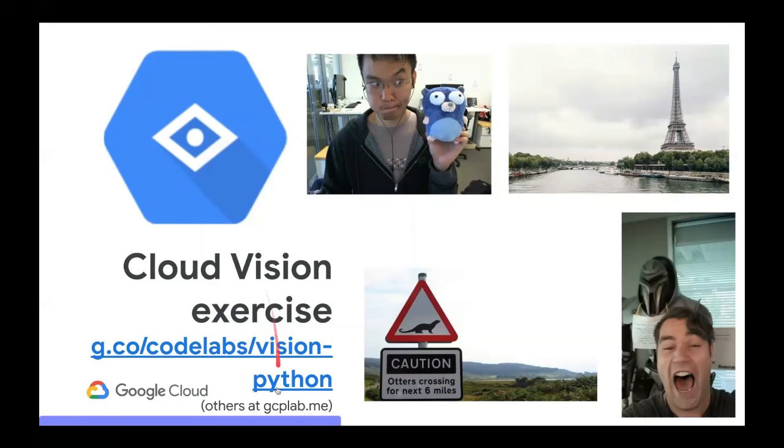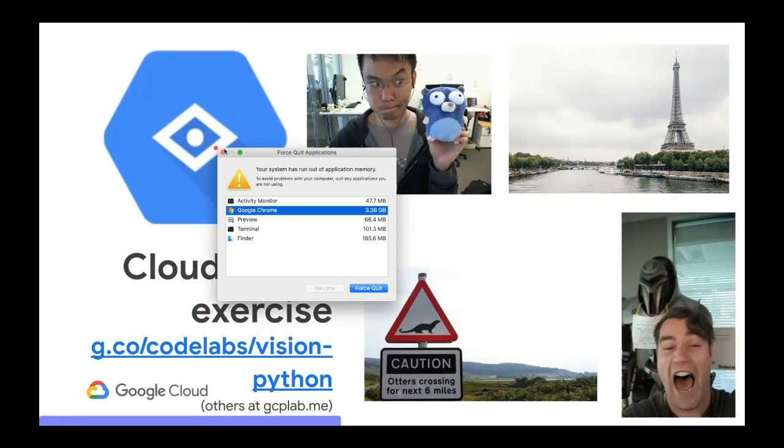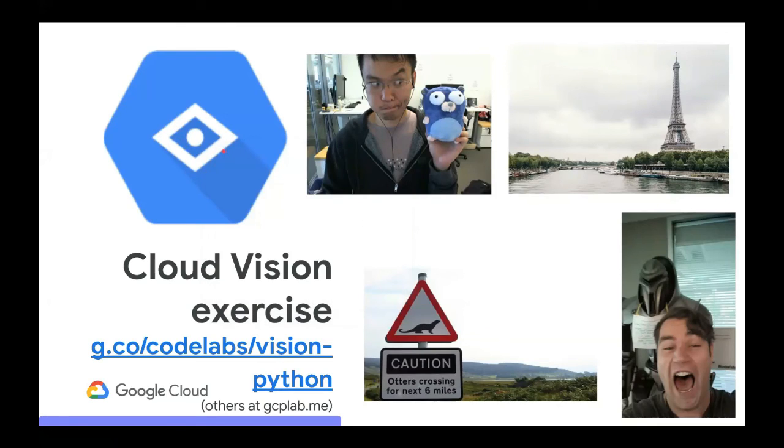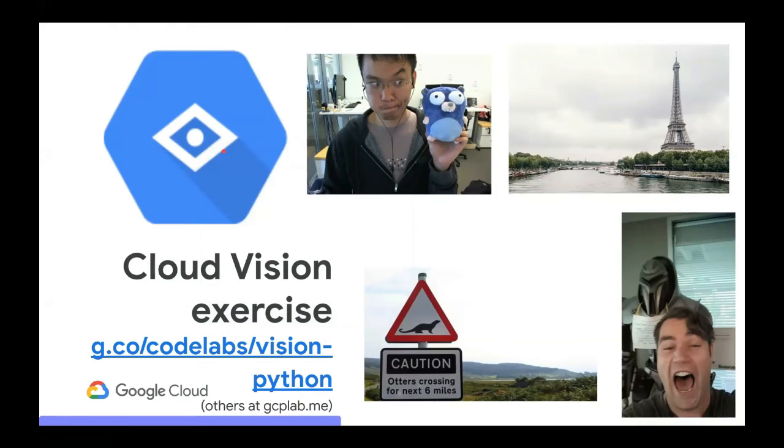And then other code labs are found at this short link down at the bottom. So there are all the other cloud ones. Okay, so lots of tutorials for you to use. This one will take less than half an hour. I'd say about 15 to 20 minutes, especially if you go with